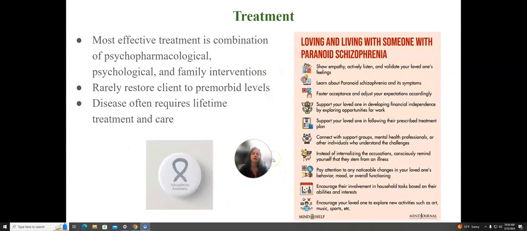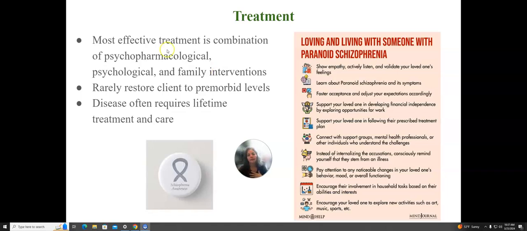So overall, good, healthy, comprehensive treatment almost always involves some sort of psychopharmacological treatment or psychotropic medication. They're typically prescribed an antipsychotic medication, but they should also be wrapped with really great therapy. Both group and individual therapy have proven to be helpful. And then also those family interventions. So maybe a family therapy, maybe family education, maybe a social worker actually going into the home and observing the family and giving them resources and tools to help alleviate the conflict and create healthier emotional and communication